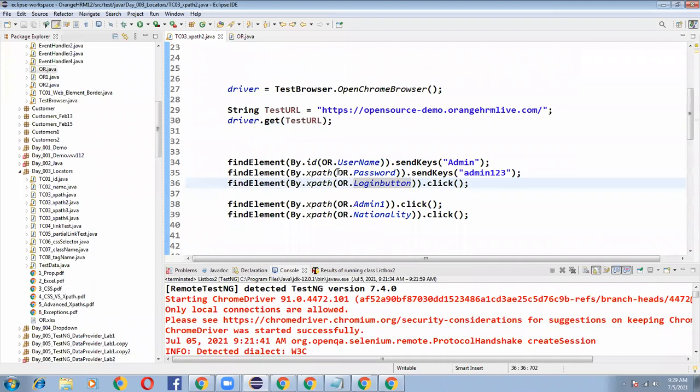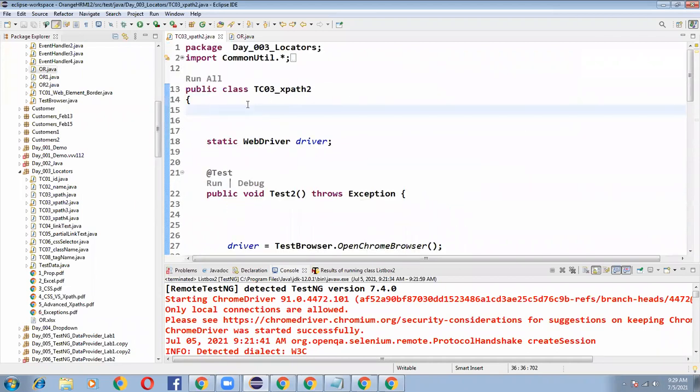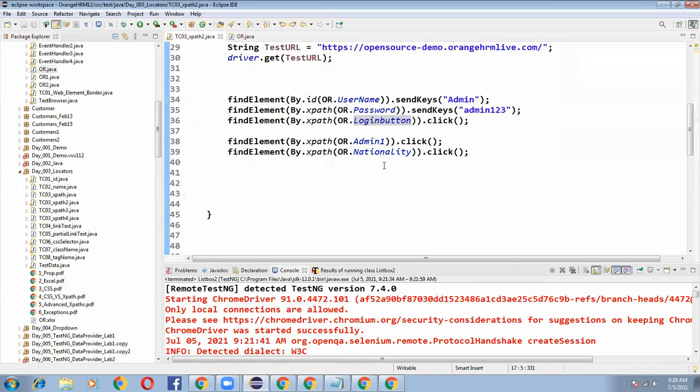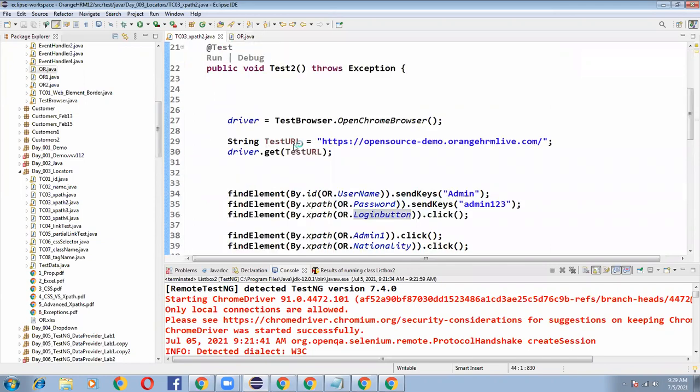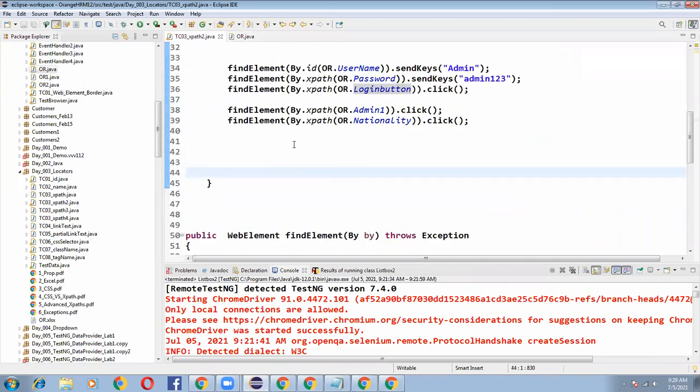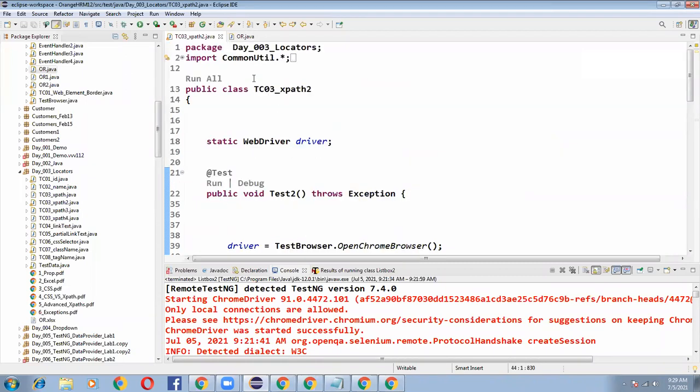So instead of writing login button and password XPaths every time in every class, you can write them globally in one Java class and just refer to it with OR dot. That's it. That is the easiest way to manage your web element XPaths. No need to write in every class.